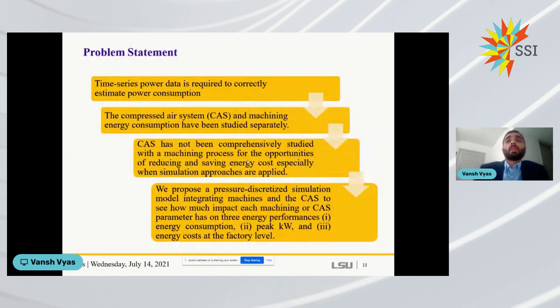Usually, to estimate the power consumption of a process, you need power data, and it is hard to estimate the power data without disrupting a production process. So this is one of the concerns, and that is why we are conducting this kind of research, so we can use simulation techniques to estimate the power consumption of a process, specifically my air compressed system